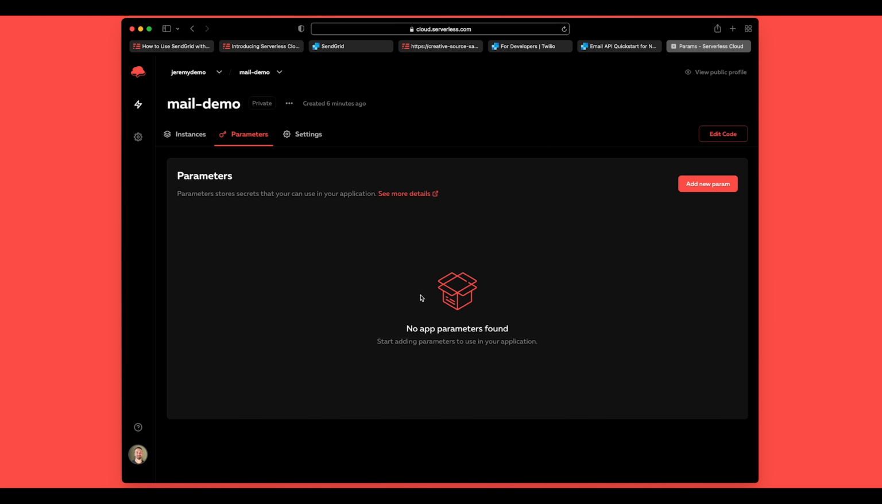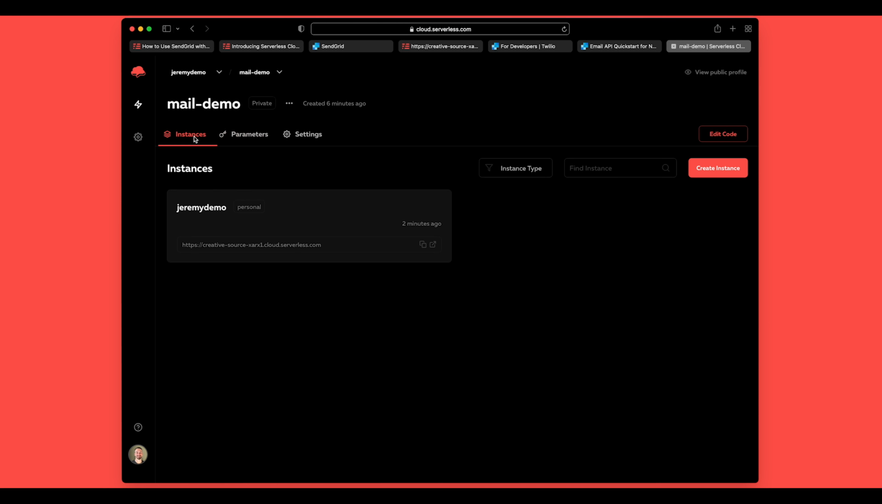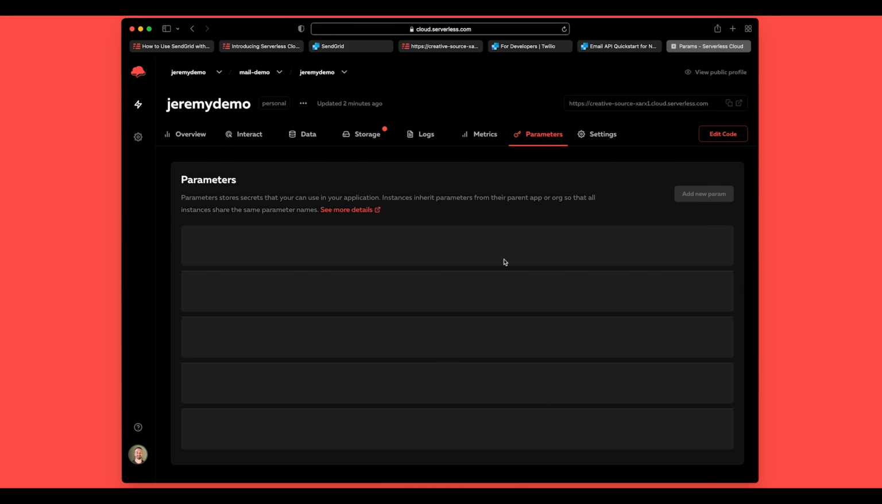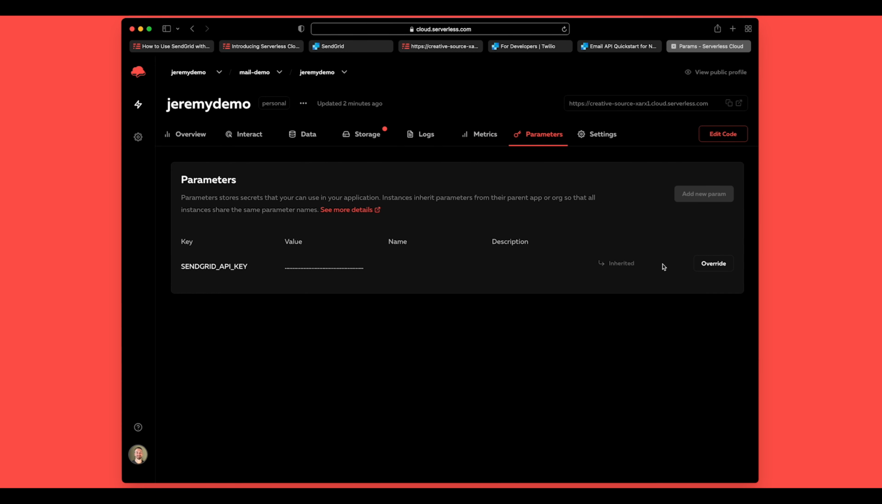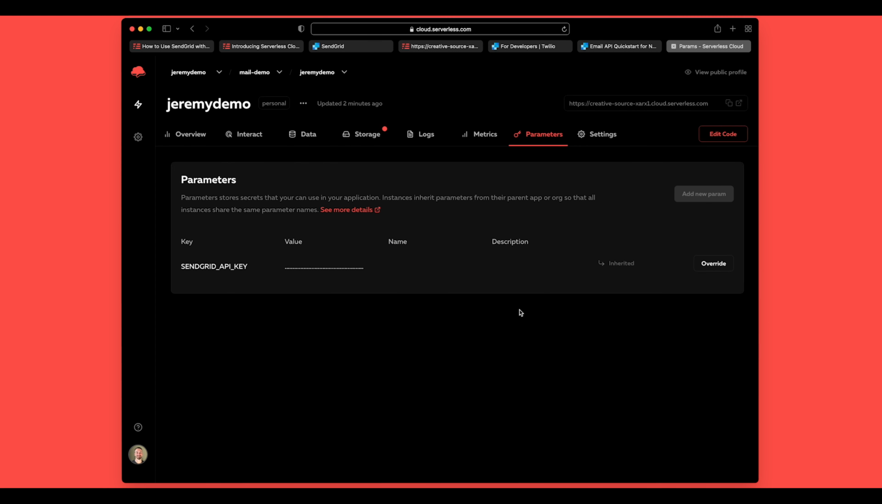Now the way that this works is I'm saving this at the app level, and this key will go ahead and populate down into all of my instances, all the different versions of my app. So if I go into Jeremy Demo here and click on parameters, we'll see that the SendGrid API key is here, it's inherited, and I can override it if I want to. So this is great for any of your developers that are using this, or maybe a staging environment or previews of this. They'll all use this default key, and then if I want to override it in production, for example, then just in that instance, I can override it. So anyways, we now have our key